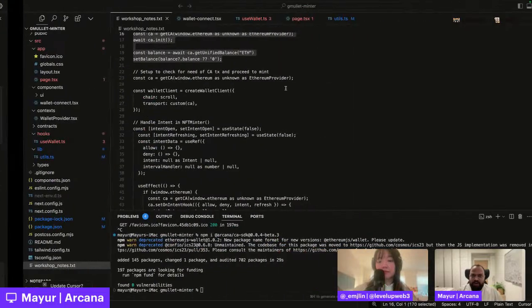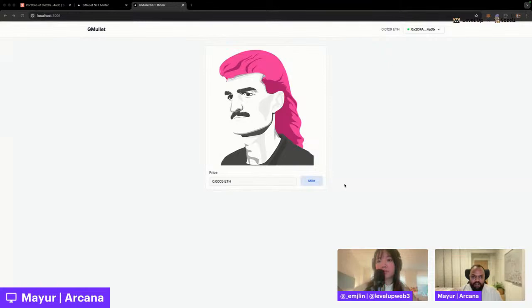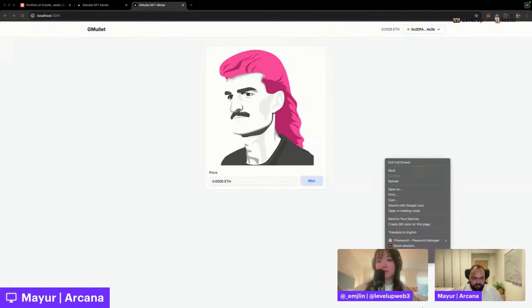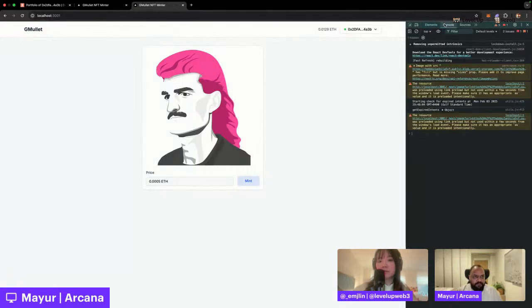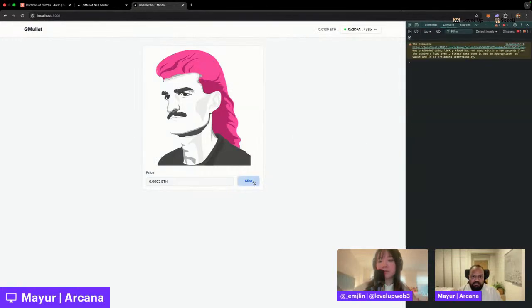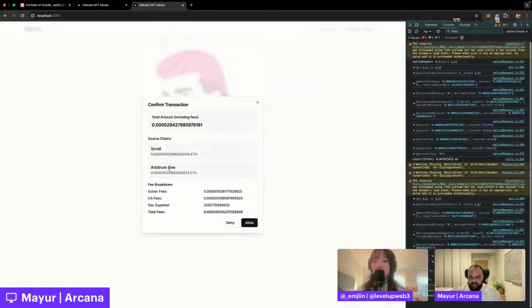So if you try and see it in action, right? What happens is, when I hit, in fact, we can just open the console so people can see what's happening. I hit the mint button. What we're going to show this user is that, okay, so you want to spend 0.005 ETH on Scroll.